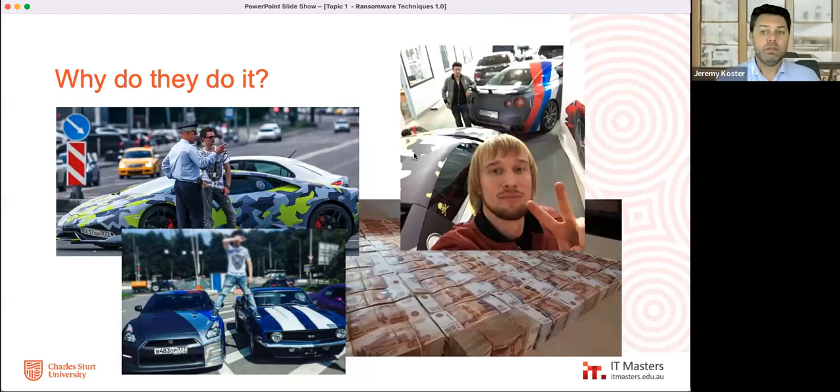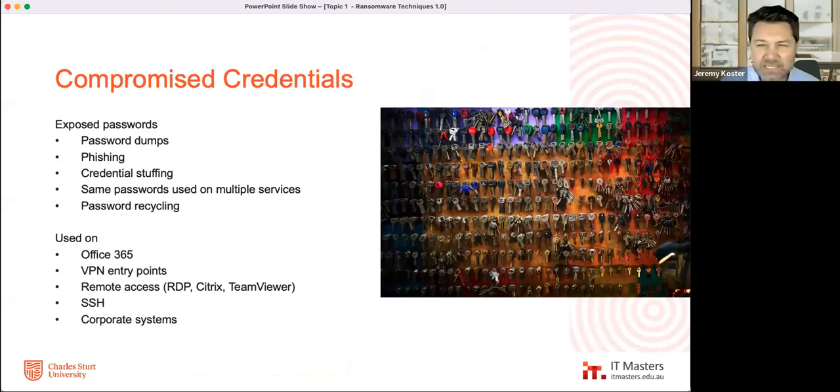So how does it all work? So one of the major ways in which a ransomware gang will get into an organization is with compromised credentials. And our password situation on the internet at the moment and in organizations is pretty diabolical. We've pretty much used the same authentication mechanism for systems all the way from routers and servers to workstations, into cloud systems, into applications. It's this username and password. And we have got multi-factor authentication.